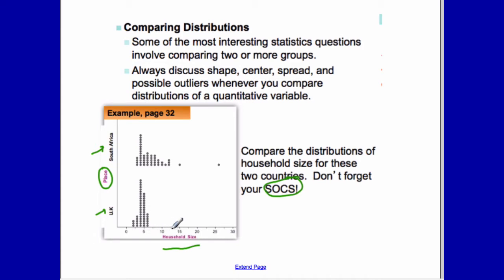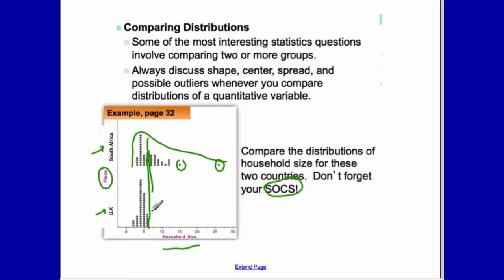And of course we've got equal increments across the bottom, and we've got it labeled as household size. Make sure you label it. They will, again, mark that wrong. So this one I would say for South Africa, this is approximately skewed right with two possible outliers centered around, I don't know, if I'm going to take a guess, somewhere around here. So if I draw a line straight down, I'd say centered around 6 or